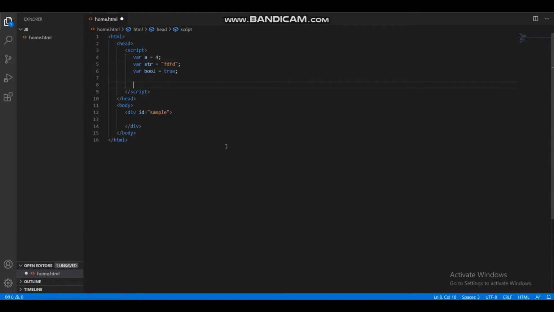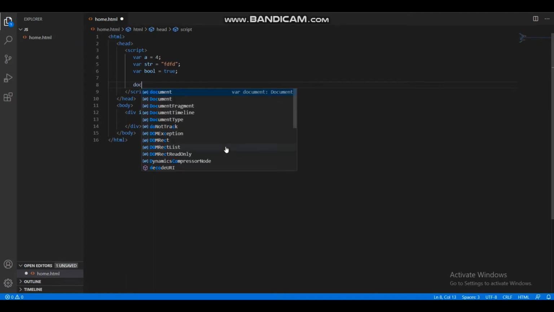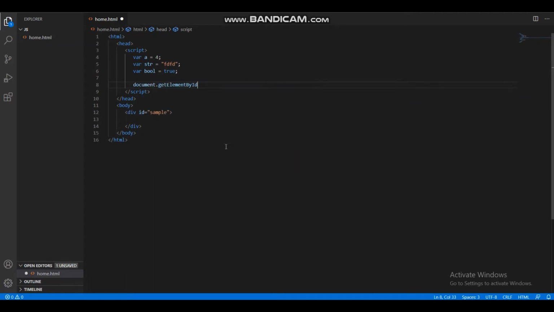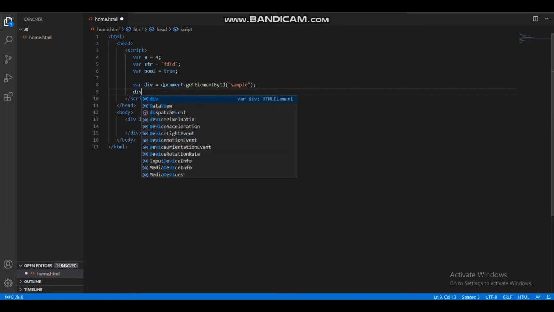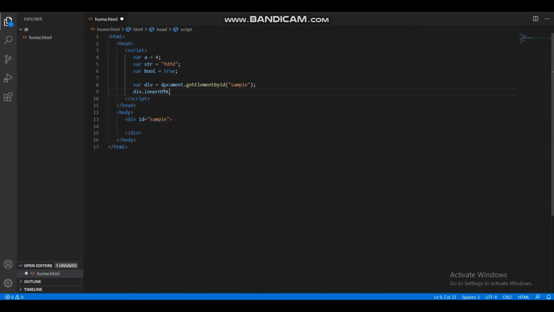We write document dot getElementById and sample to get this div, and then div dot innerHTML equal to a.